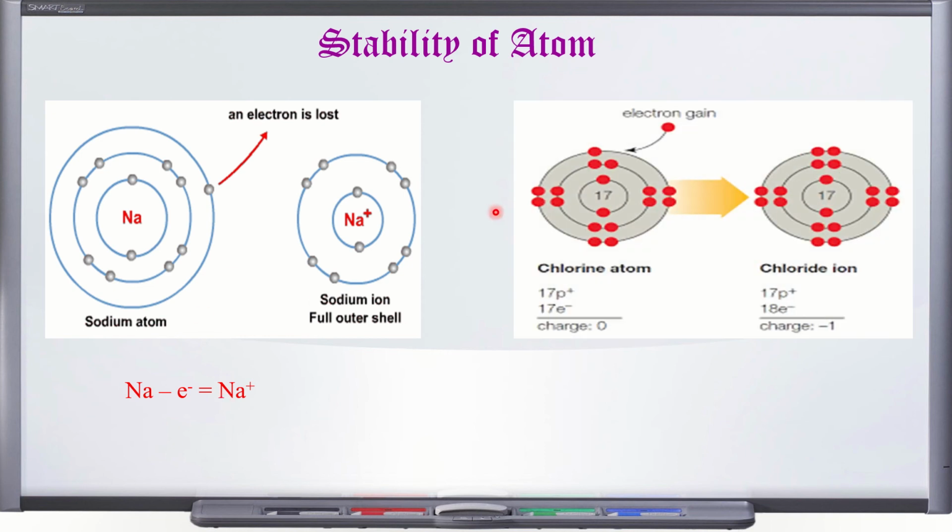In the same way, chlorine. When it accepts one electron, then in this chlorine there are a total of 18 electrons, because it has accepted one electron on its last shell to gain stability, but it has 17 protons. This chlorine has 17 protons and this chlorine also has 17 protons, but it has one electron more than this. Electrons are more, so it will gain negativity and it will become a negative ion. We will learn about this, the formation of ions, in our next class in detail.